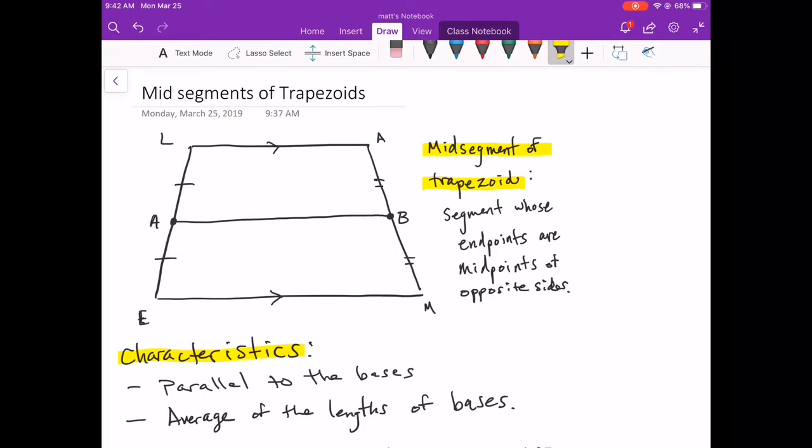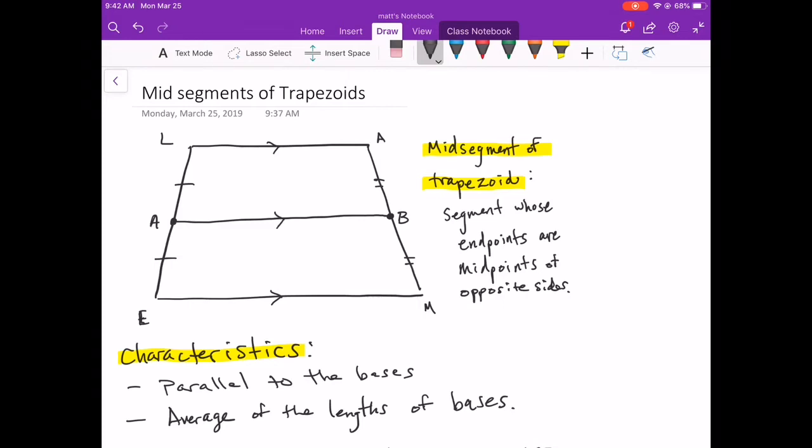So A is the midpoint of LE and B is the midpoint of AM. So again, we call that a mid-segment when the two endpoints are midpoints. So a couple of characteristics with a mid-segment. They are parallel to the bases. So remember that the two parallel sides of a trapezoid are called bases. So that would make AB also parallel to